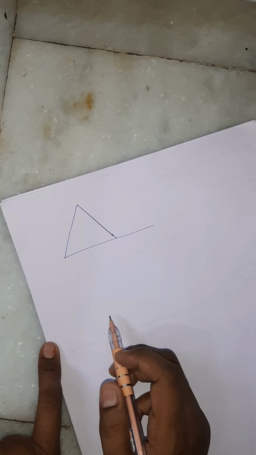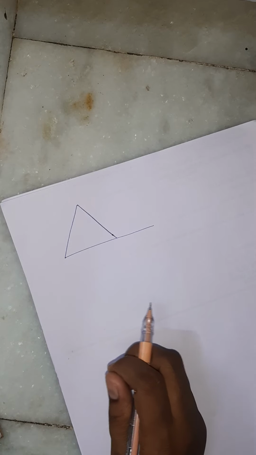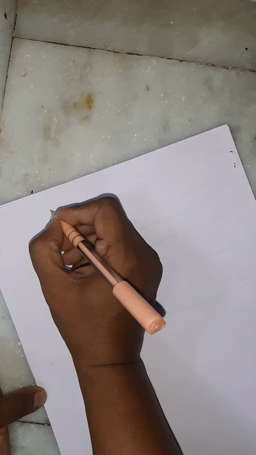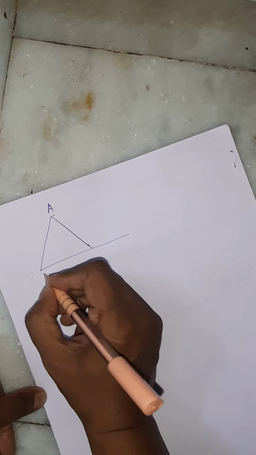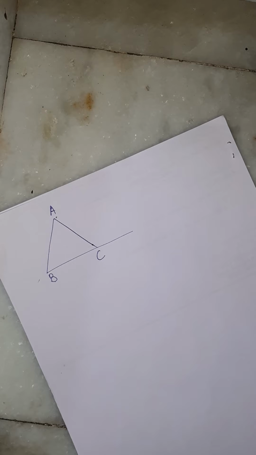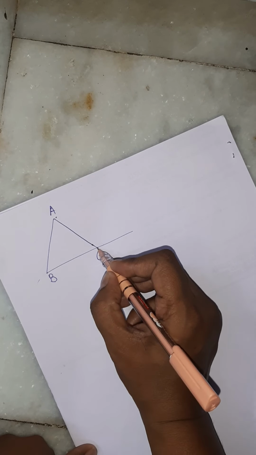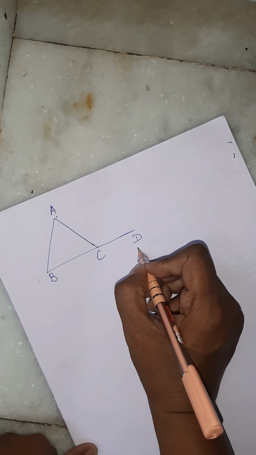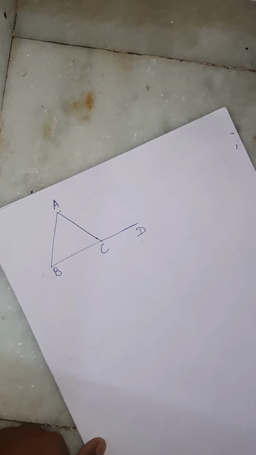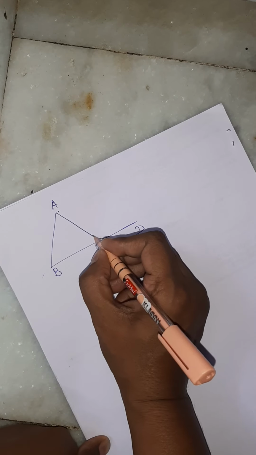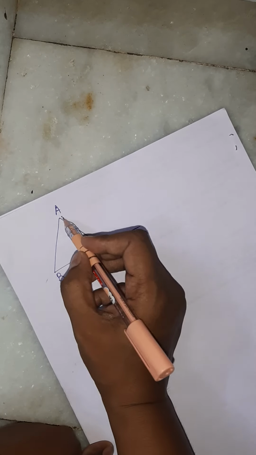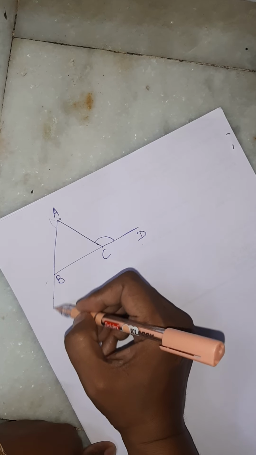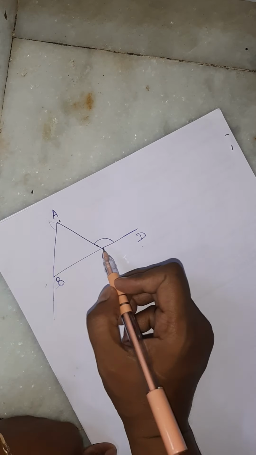See, this is your figure. Your theorem says that if a side of a triangle is produced, see, this is your triangle. Let me name this as A, B, C, and the line BC is produced. Produced means extended ahead. So we can say that line BC is produced to point D. Now you have to prove that the exterior angle, I have taken this exterior angle. There are other exterior angles also. Do remember, if I extend this line, this will be an exterior angle. Right now I have taken this one.